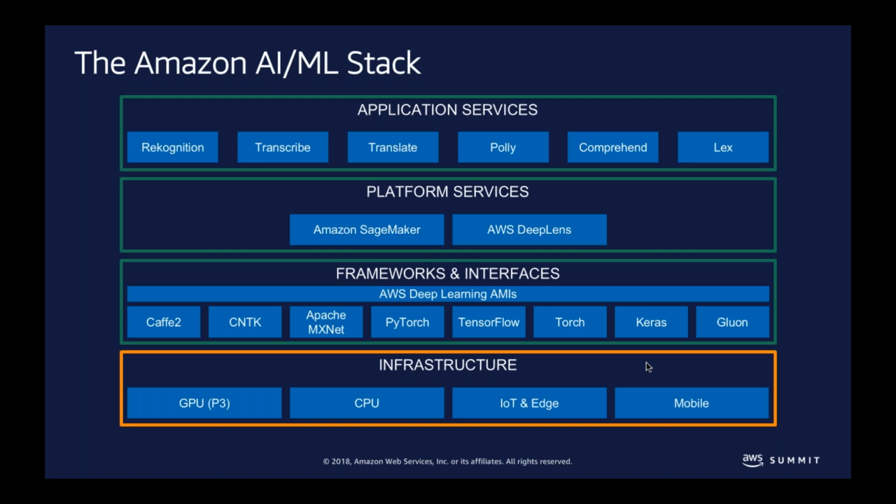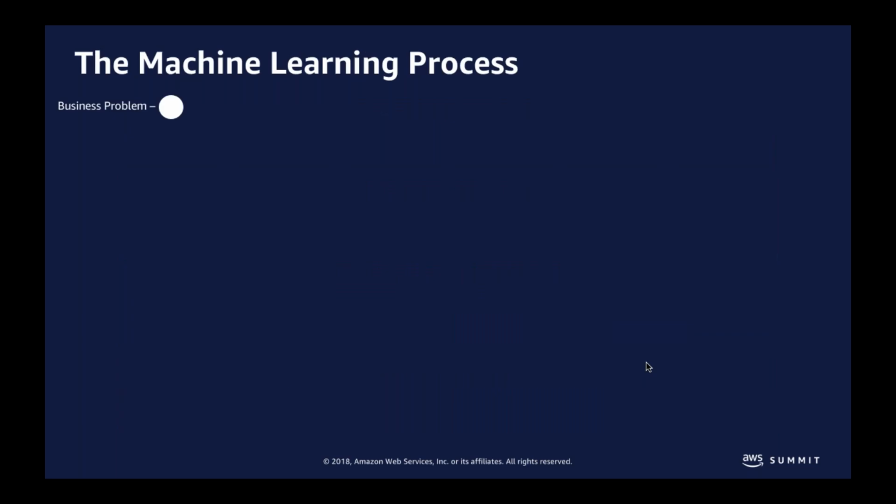But for people who want to start on AI/ML as a developer, let's say I'm a Java or a Python developer who wants to start on AI/ML, that is where we have this platform services layer. We call this democratizing AI, where we want to take AI/ML to every developer who knows a language like Java or Python. So that's where this platform services layer comes into the picture, and that's where Amazon SageMaker fits in. In this layer, we also have another service called DeepLens, a device where you could take the model which you have built and do some kind of testing. But in this session, we will be talking about Amazon SageMaker